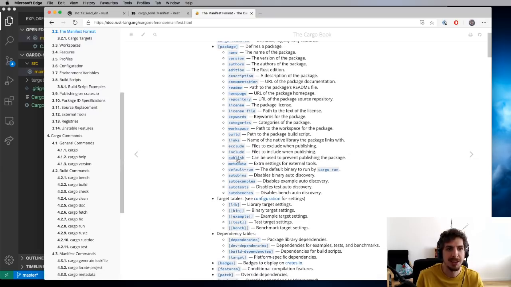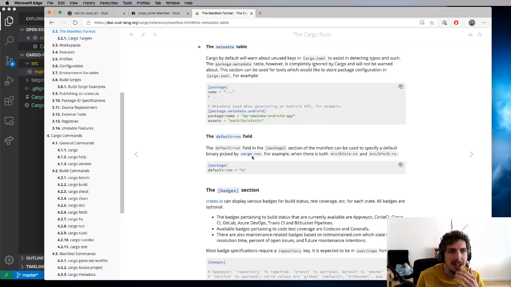Doesn't normally, but there is metadata. So the metadata table inside of Cargo.toml. Cargo will by default warn about unused keys in Cargo.toml to assist in typos and stuff like that. That's awesome. But the package.metadata table is completely ignored. And so anything that you put inside of package.metadata just gets ignored by Cargo, which is great because we can